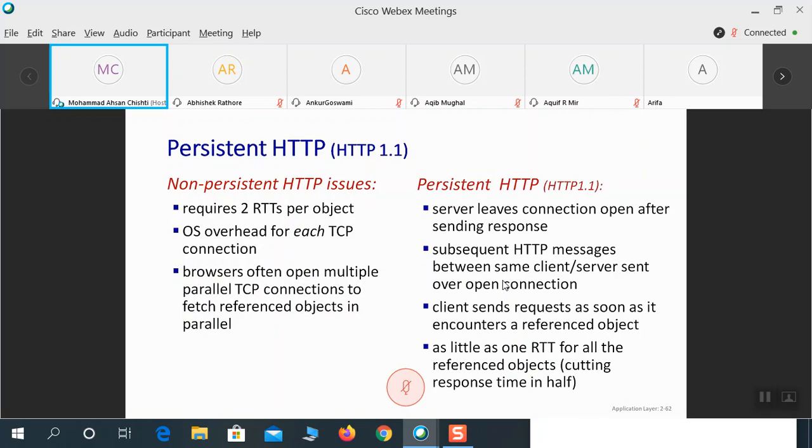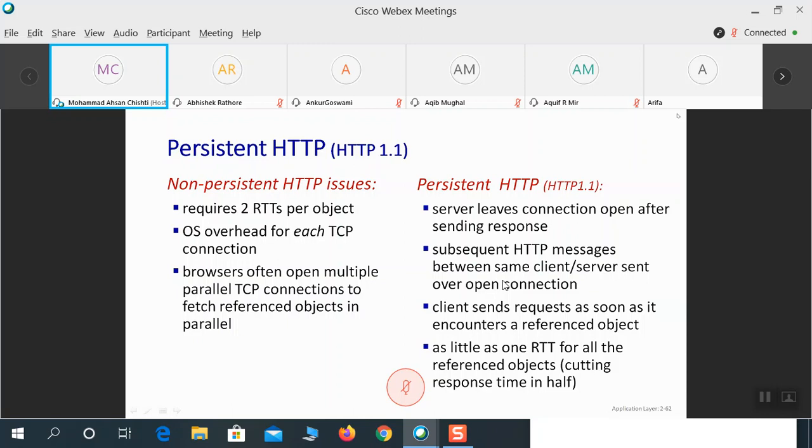Compare this with persistent HTTP, that's HTTP 1.1. Non-persistent requires 2 RTTs per object, while in persistent HTTP, the server leaves the connection open. It does not close it after sending the response. There is an operating system overhead for each TCP connection.